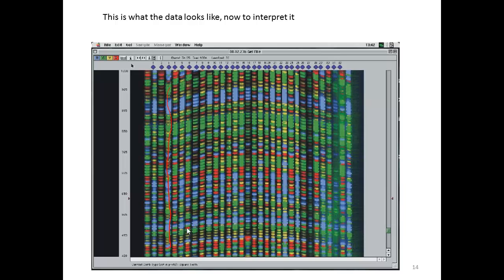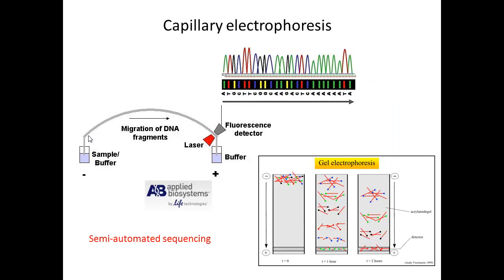But pouring gels are kind of tricky, and as you can see, there's a little bit of a bending here, which happens because of differential heating across the gel, and you could sometimes have bleeding from one lane a little bit into another lane, and so people looked for a more automated system, and what they came up with was capillary sequencing. Here's a capillary, and inside this capillary you have an agarose material, just like the agarose that's in gels, and you're going to put samples in here, and they're going to migrate under electrophoretic bias,